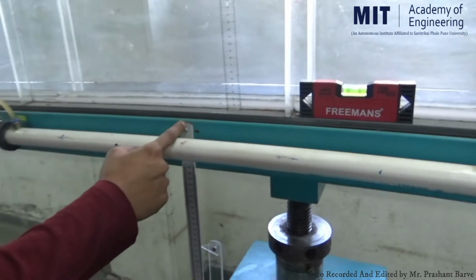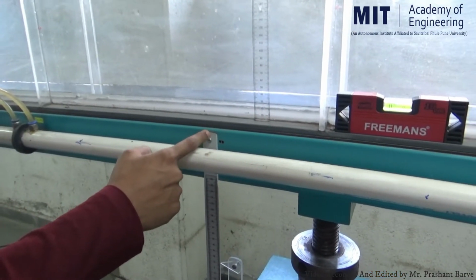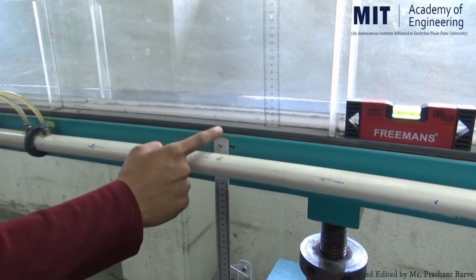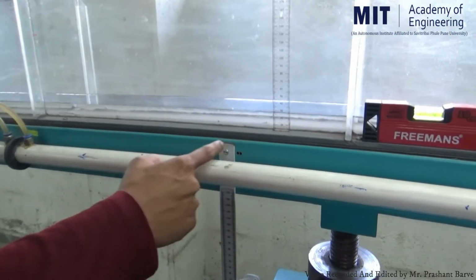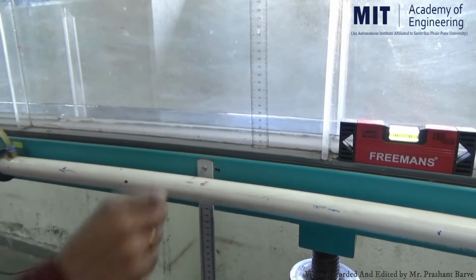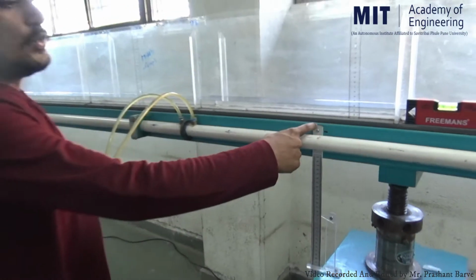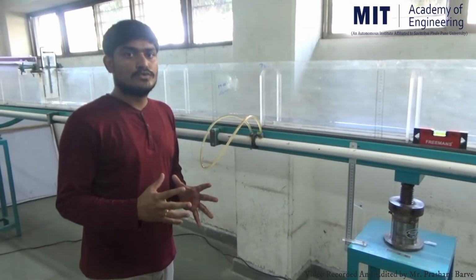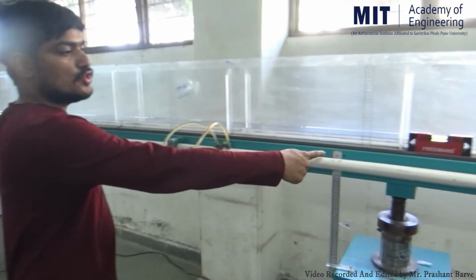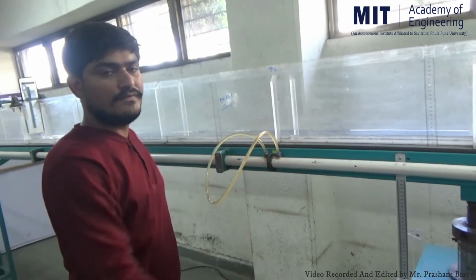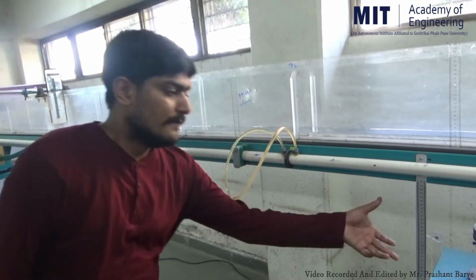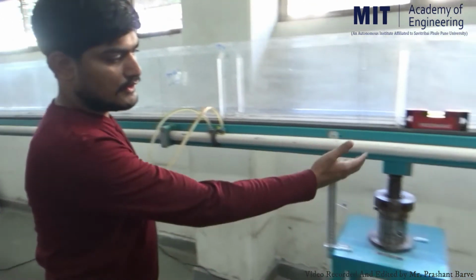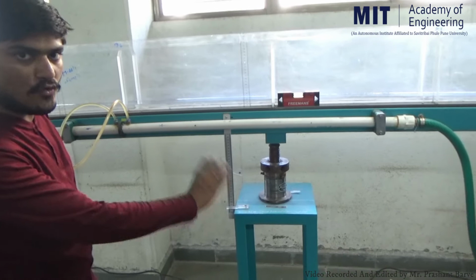this point. Okay, so this is the length of the channel, because we know that last time, while we were discussing the theory, we wanted to determine the bed slope. For determining the bed slope, the length should be known to us. It is 350 centimeters, and this is the adjustment we have done to measure the drop or fall, the vertical fall